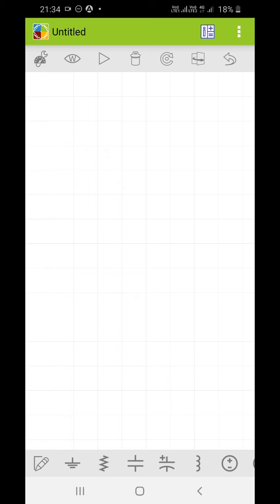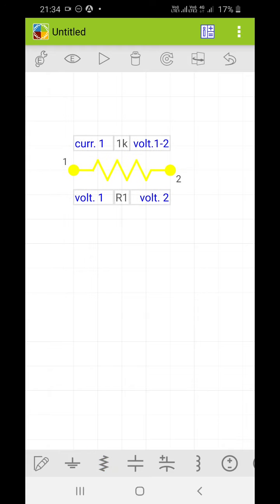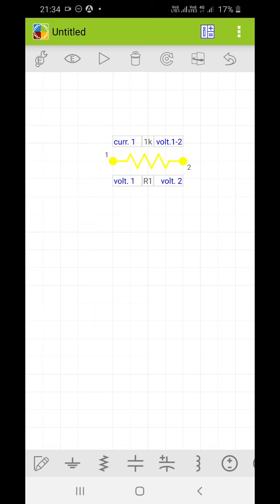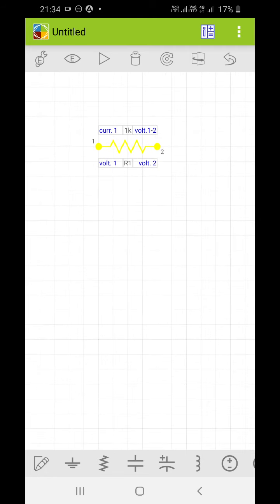application in your mobile. So you can download it from Play Store, Electric Circuit Studio. So without wasting time, let us start. So I will take the required components. First of all, I am going to take the resistance. You can take the components from this lower bar, okay, and let me take the components.